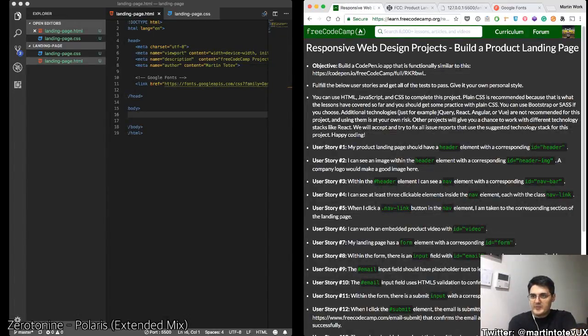My product landing page should have a header element with a corresponding ID of header. I can see an image within the header element with a corresponding ID of header-image. A company logo would make a good image here. Okay. Oops, I don't want this. So header,